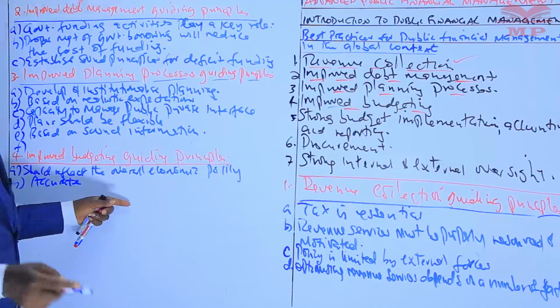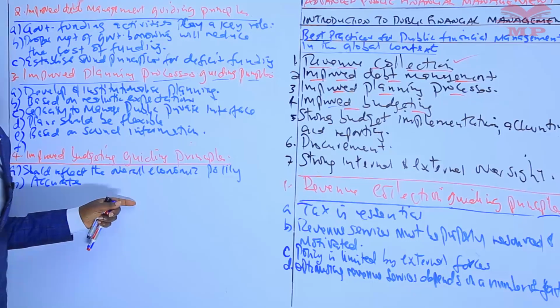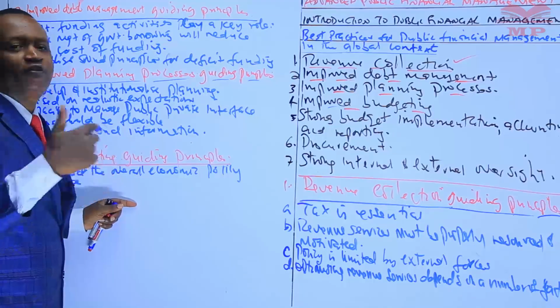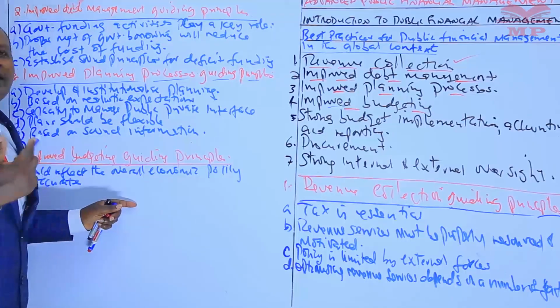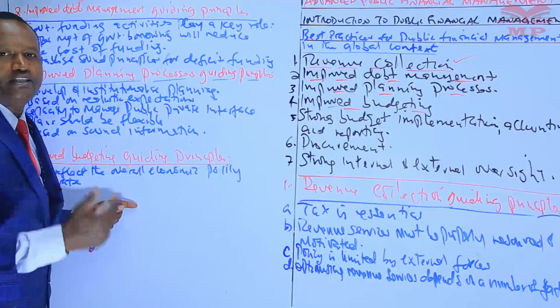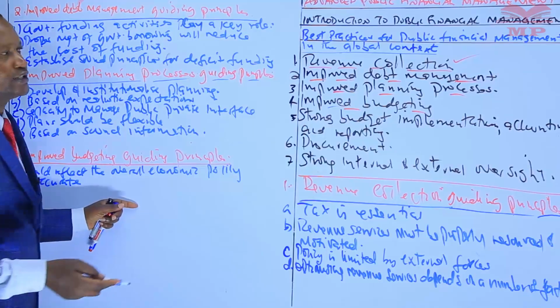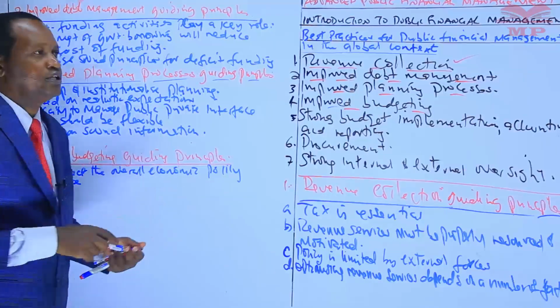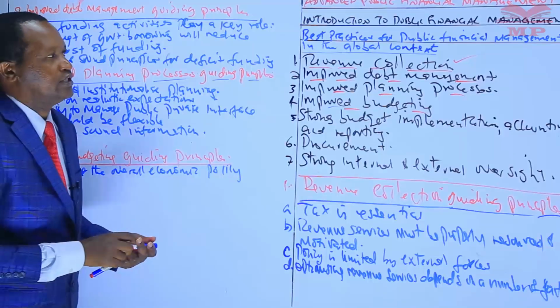The budget should be accurate. The budget should be informative. The budget ought to be comprehensive. And when we are studying the national budget